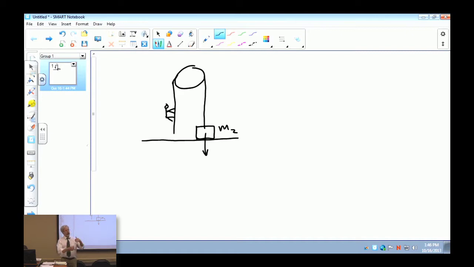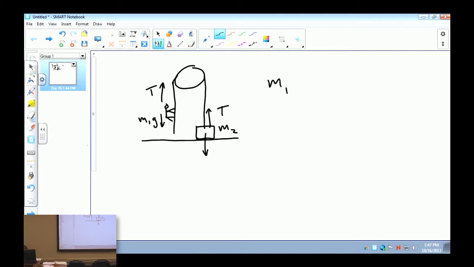Now, if he's pulling on the rope at a steady rate, if he moves up off the floor at a steady speed, can he lift that weight? No. Why not? Let's analyze the forces in that case. Let's analyze the forces that are acting on him and the force that is acting on this block. So, if the block is not accelerating and he is not accelerating,